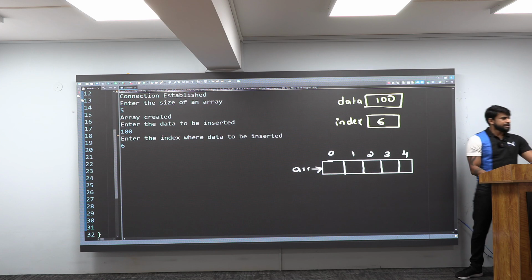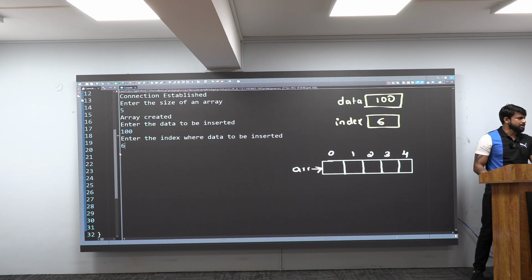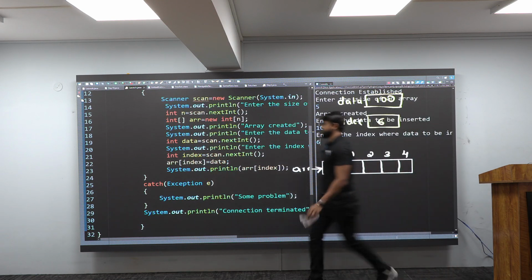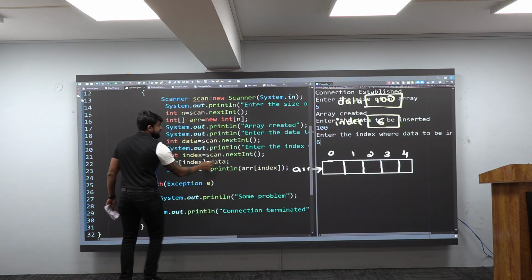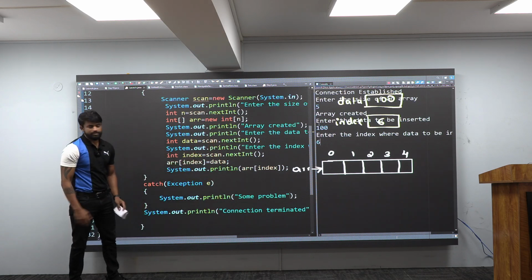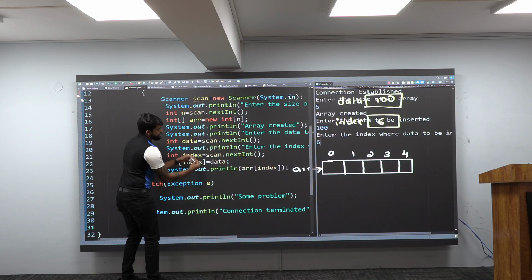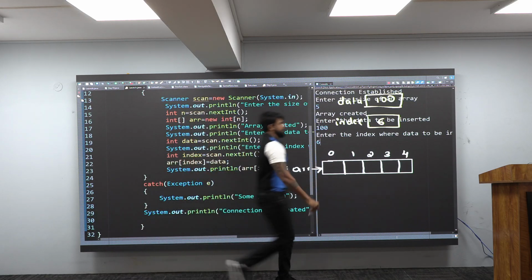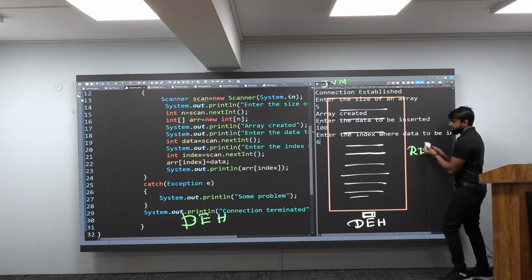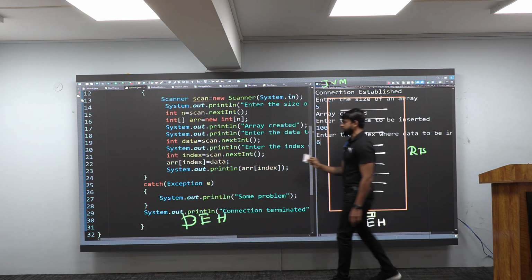Next what, sir? If you hit enter, 100% you are telling it something there. Where, sir? Or what, sir? Data. What is that? 100. Where are you putting it? arr of 6, which does not exist. And that is why, when the exception is getting created, immediately it will come out. Where will it come out? Yes, the runtime system. It will go and look for UDH in the same program.